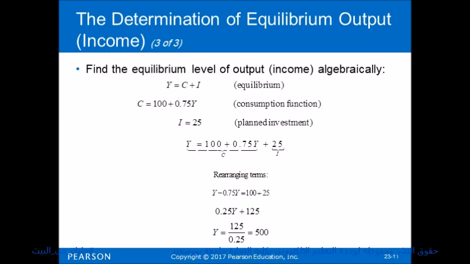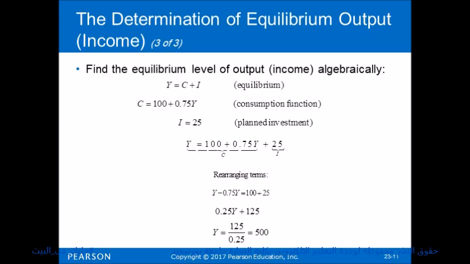We will find that y equals 100 plus 0.75 times y plus 25. Rearranging terms, we move 0.75y to the left-hand side of the equation, so we obtain y minus 0.75y equals the remaining terms, which are